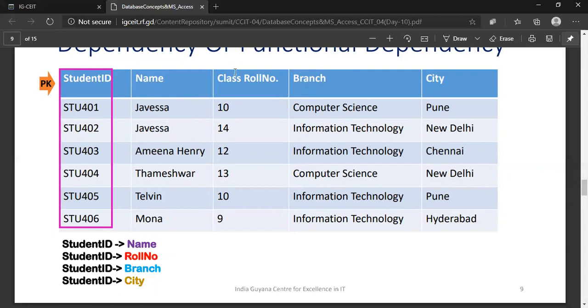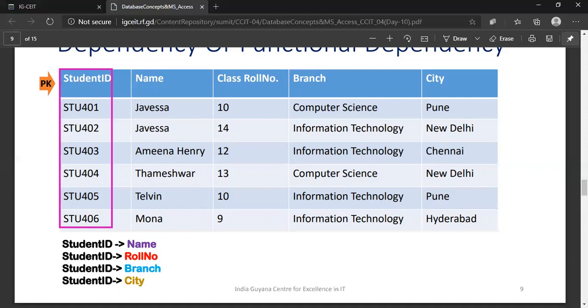So we have only one column, that is student ID, which is unique for all records. So I can use only this primary column as a key column to uniquely identify each record in this particular table. If you see, all other columns except the primary key column are fully dependent on this particular primary key column,